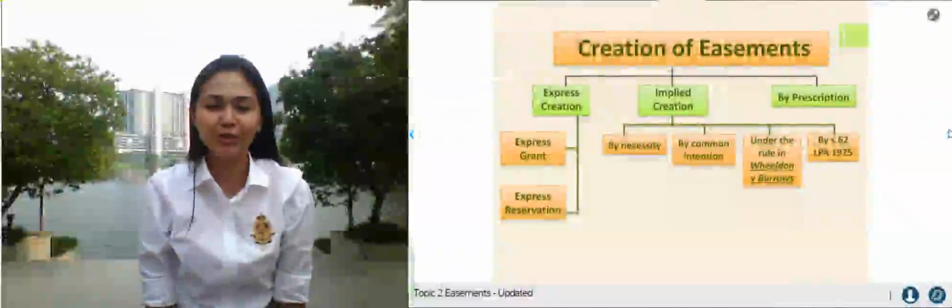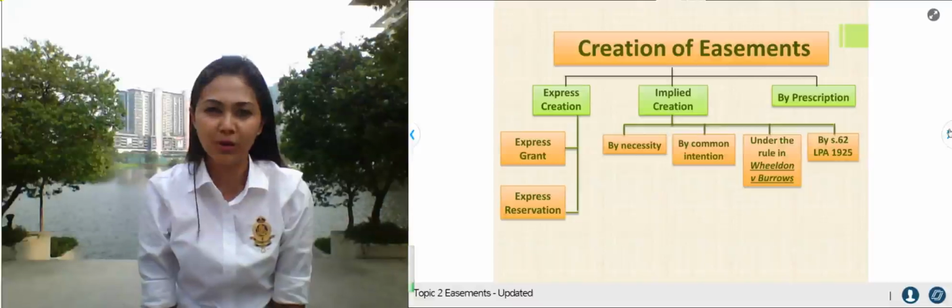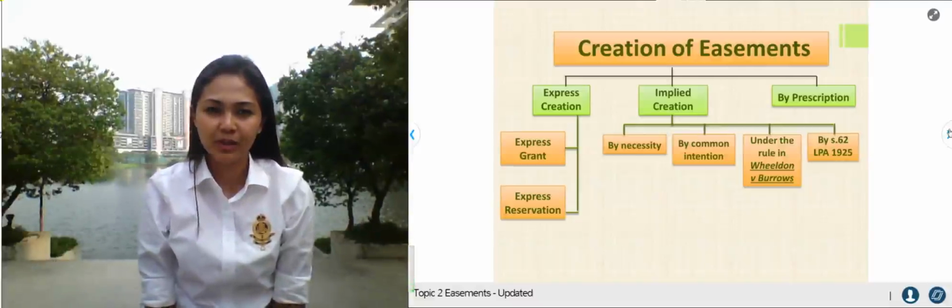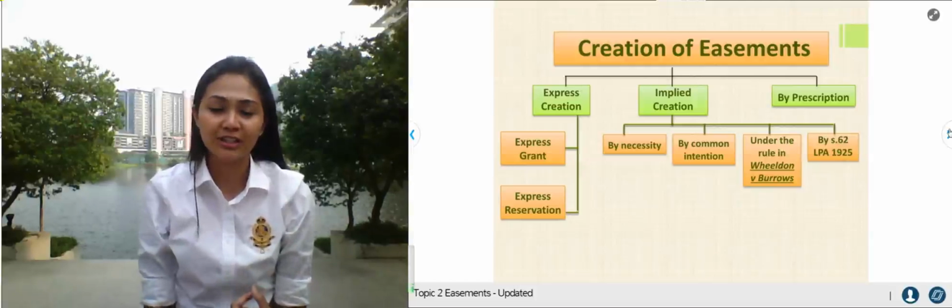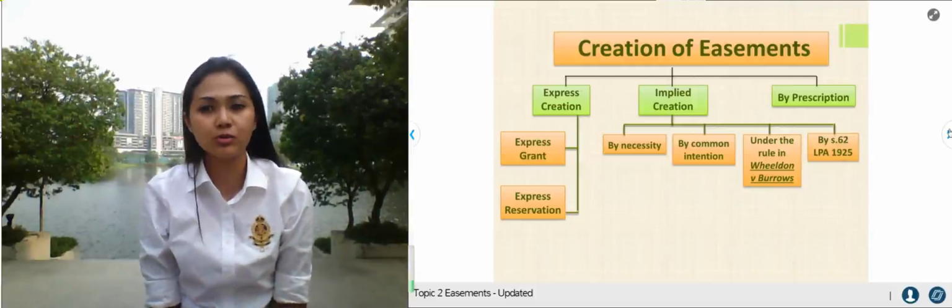Hello, so we're coming to the third part of our topic, easements. Now we're going to learn about the creation of easements. How can you create easements and what are the ways whereby a person can create an easement? Essentially you can see the charts here. There are three ways whereby a person can have an easement: if it's either expressly created, impliedly created, or by way of prescription, essentially by way of long use of